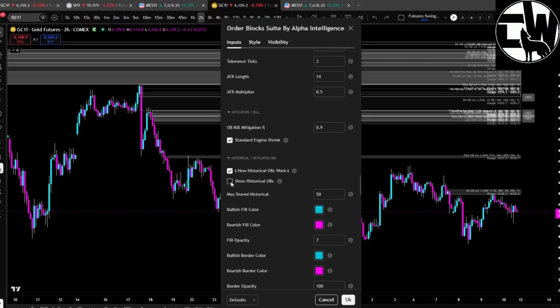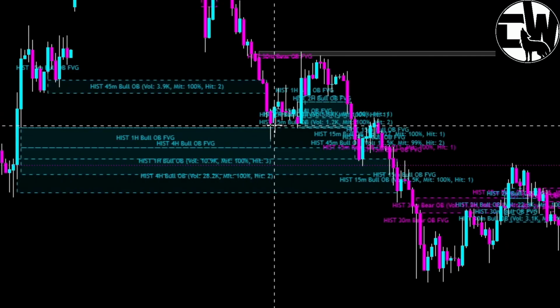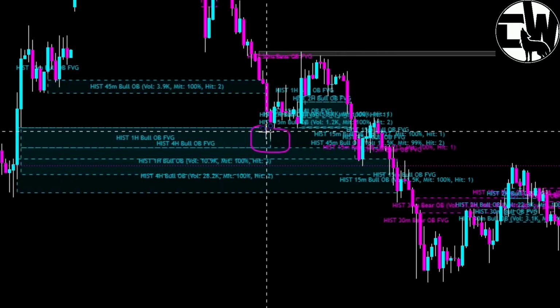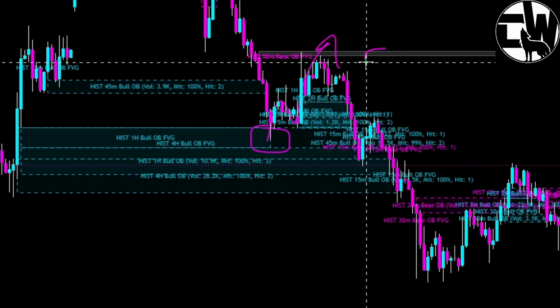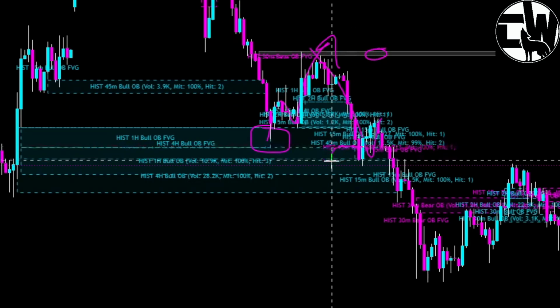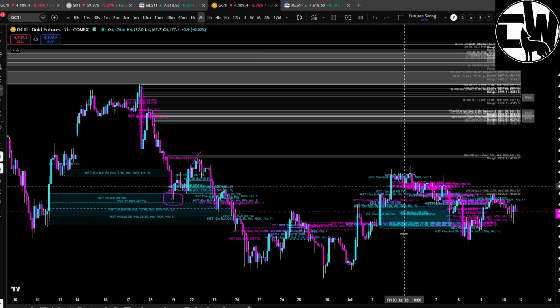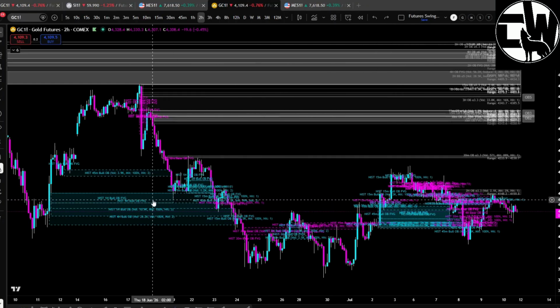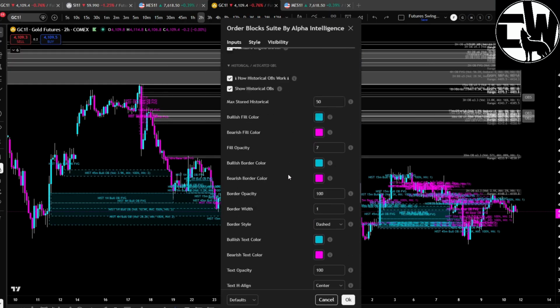Now, this is probably the most insane part of all of this. You can go down to the historical and mitigated order blocks section and click show historical order blocks, and within a couple of seconds it will populate and show you every time you hit one of your order blocks. Right here, boom, you hit an order block. Look what happened. Massive pump up. You came up and rejected from the next order block, and then look what happened. Boom, you came right down into another order block, had a nice little pump before you moved down again. This is the most insane ability to actually predict what the entire market is going to do, and you can